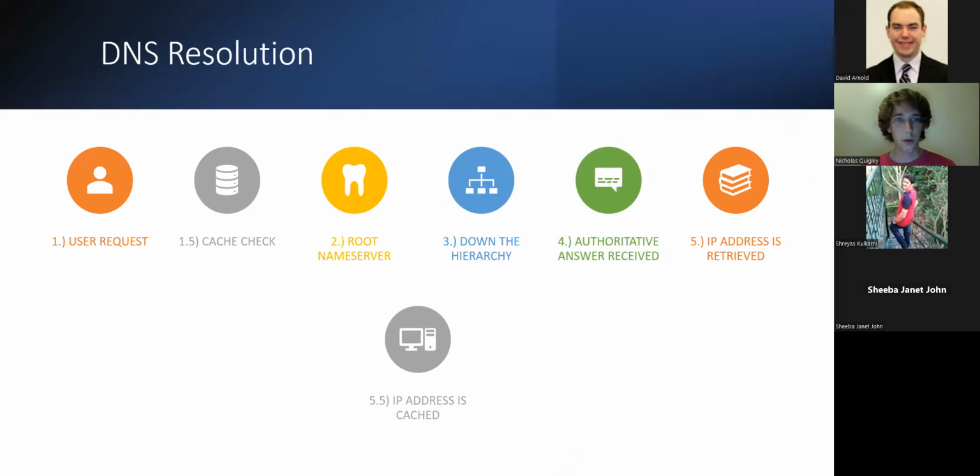Now, in order to actually resolve that host name, not just any website, but the specific website you are trying to reach every single time, it has to go through a process that's a little bit complicated, but you do get used to it the more you interact with it. Well, the first thing that happens, of course, is a user request. You try and type in wikipedia.org